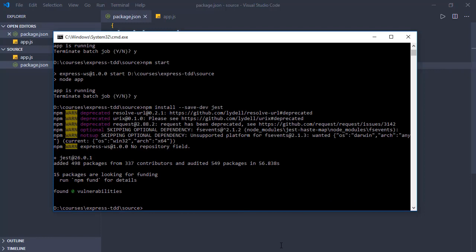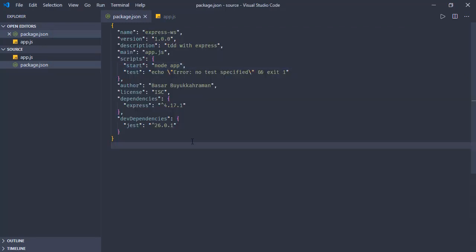Now let's update our test script here in package.json. Here we can see the jest is added to this dev dependencies part. Now we can update our test to running the jest, and we want jest to be running actively, which means whenever we do changes in our code, jest will be automatically picking up those changes and rerun the tests. So we will be continuously receiving feedbacks while we are developing our application. To do that, we are going to add